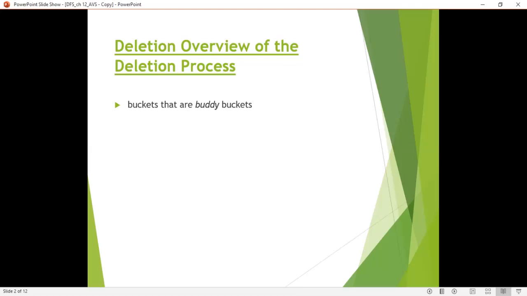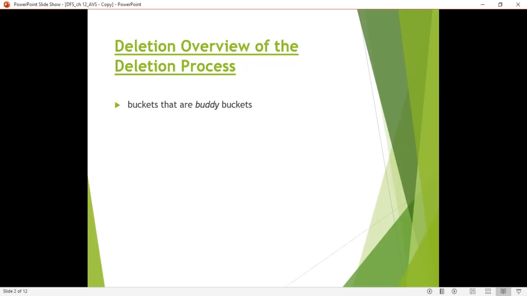When you add more keys or records into the file, you should be able to grow that trie. When we are deleting a key, we need a way to see if we can combine the buckets, isn't it? By combining, we are going to reduce the size of the trie, or the file size.